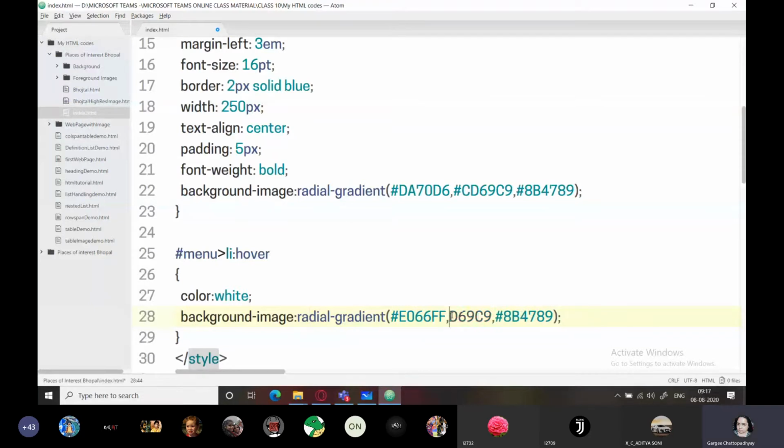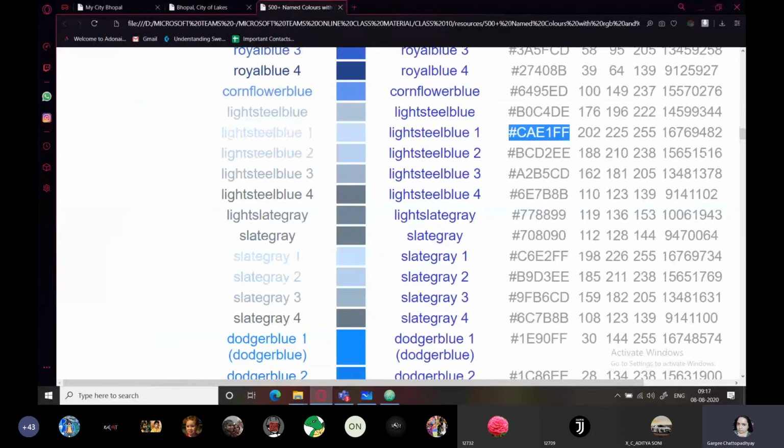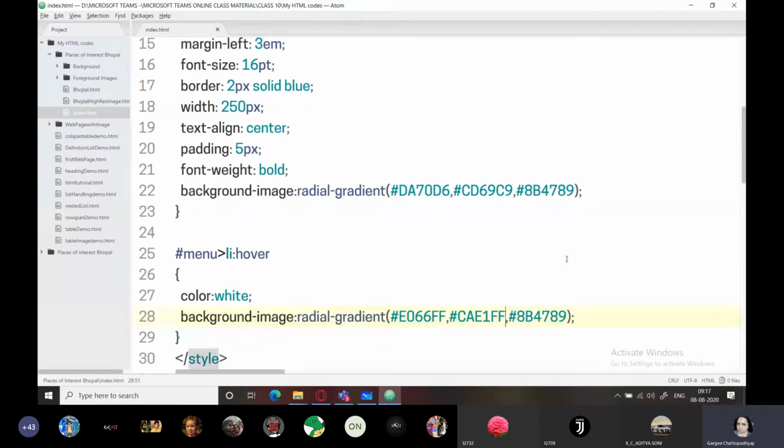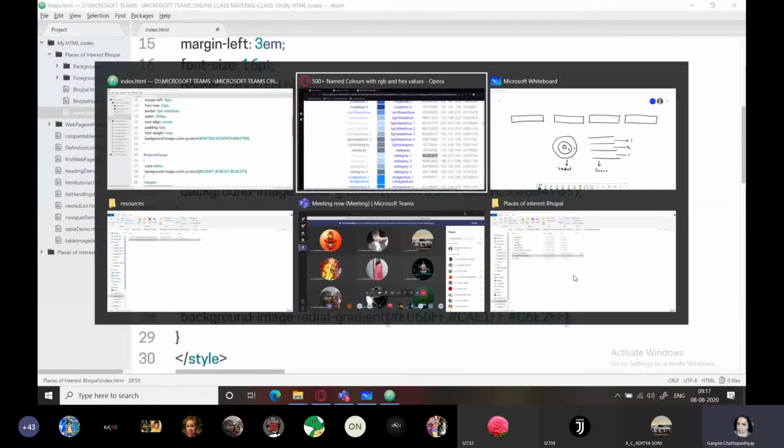This is light steel blue. And maybe I'll go to slate gray. This is going to be slate gray. Let us now refresh and see.